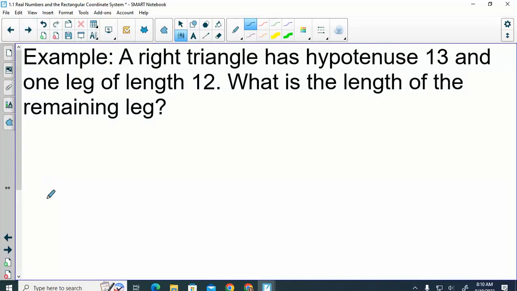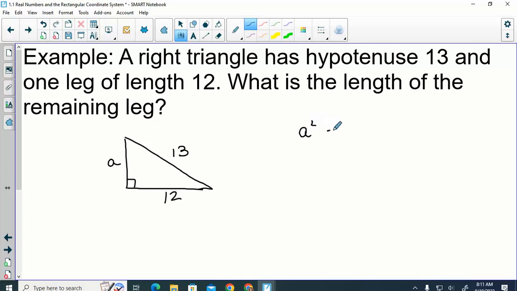Next one. A right triangle. So right triangle has a hypotenuse of 13. Where does the hypotenuse go? That's our C. It's opposite the right angle. One leg of length 12. What's the length of the remaining? Okay, so